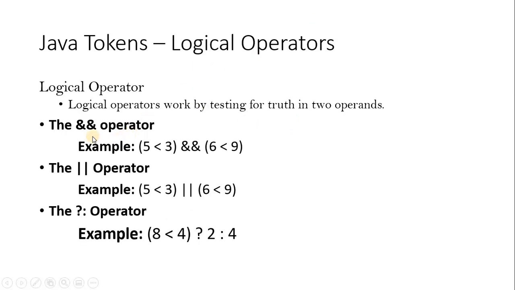Logical operators: AND operator, OR operator. Double ampersand sign is an AND operation. Double pipeline or vertical sign is an OR operation. So it will validate the expression where there are two different logical expressions. For example, we have a logical expression here with 5 less than 3 and we have 6 less than 9. Two logical expressions are there in which the ampersand operator, the logical operator, is going to execute. In the same way, if there are two different expressions, the OR operation is going to validate in the middle.